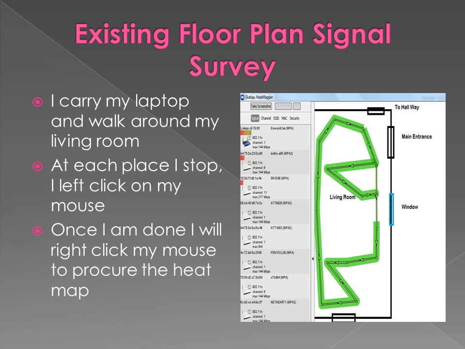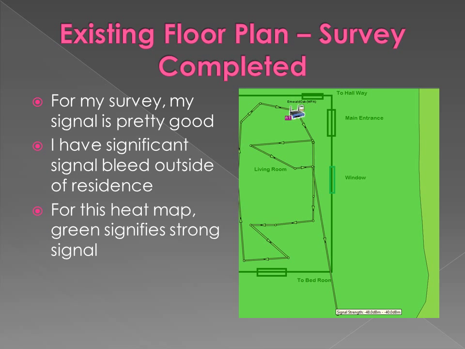And how you do a survey with this program is basically you carry your laptop around, you walk around your living room. In each place that you stop, you left click on the mouse and it tracks it. And once you're done, you right click the mouse to procure the heat map. So that's me taking a path around my living room, and then once I'm done, I right click to generate the heat map. And that's what it looks like